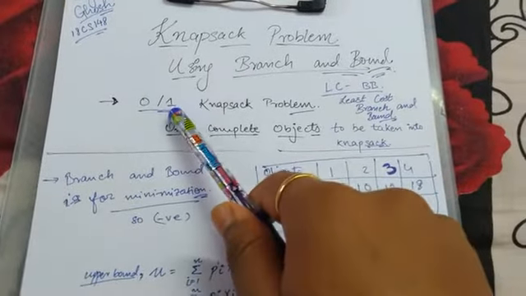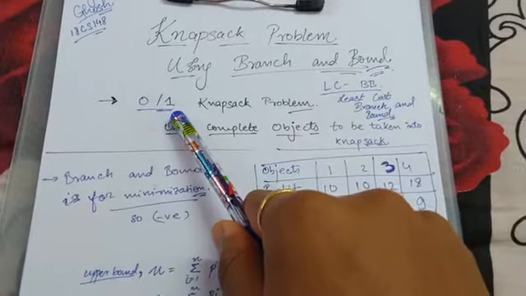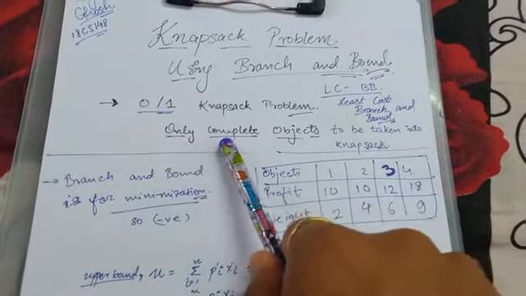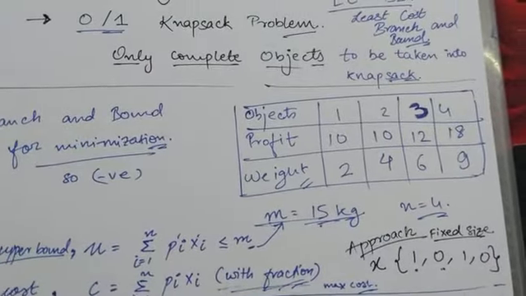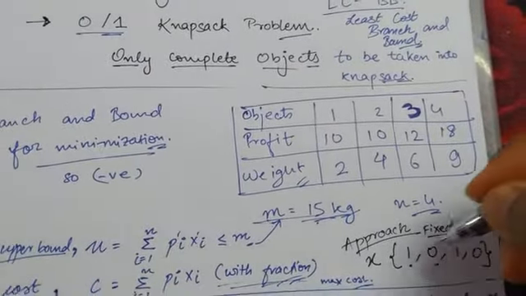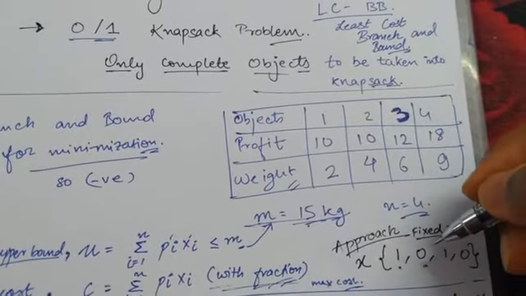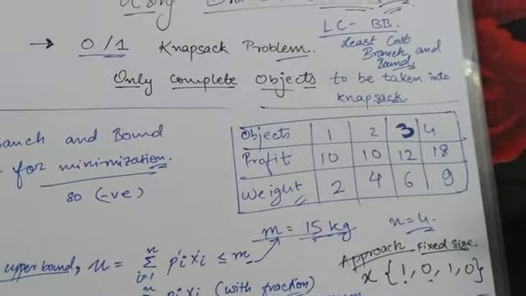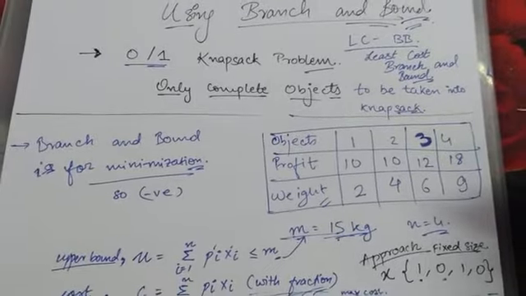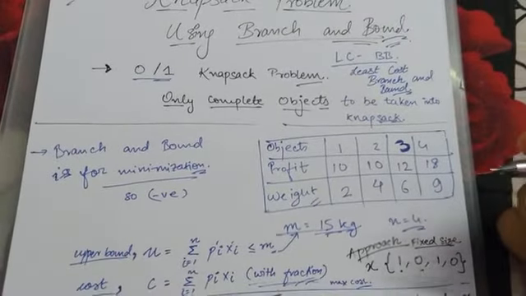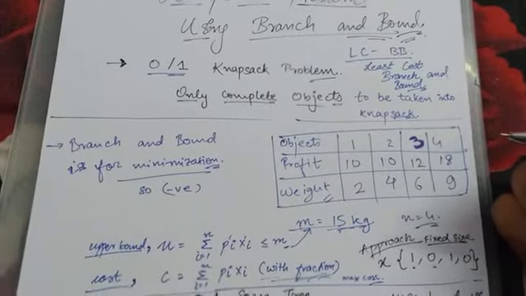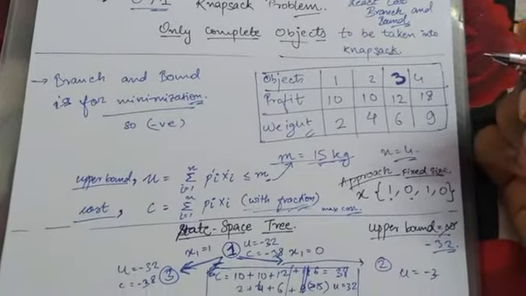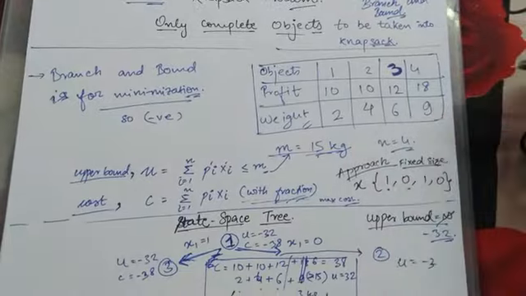Here we are doing the 0/1 knapsack problem, where we can only put complete objects or we cannot include them. So we are going to see the approach where either we will include an object or we will not include it, 1 or 0. I will use the method of generating the state space tree. So it will be something like this, which I will do on the next page.